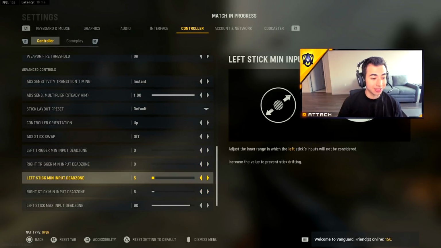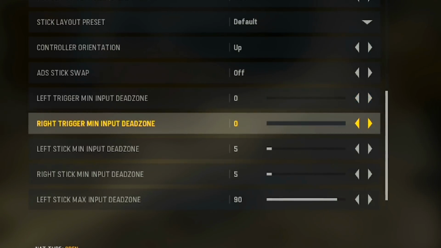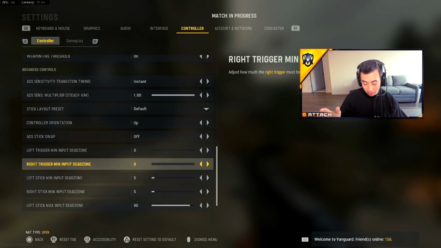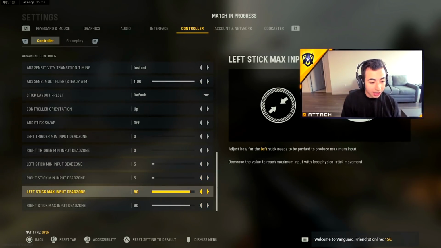But these are the settings I'm looking for right here. Make sure you guys have your left trigger and your right trigger input dead zone all the way to 0, because that means if you have it all the way up, you're going to have to put more pressure on your triggers to actually aim in and shoot. So put that all the way to 0, and then you can put your left stick and your right stick